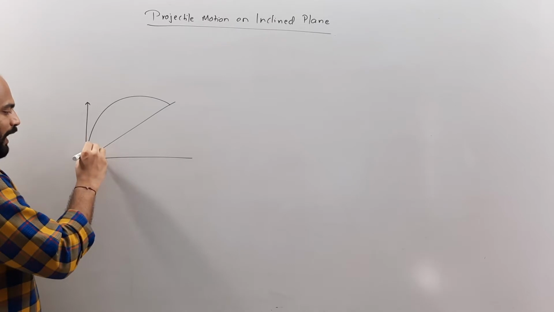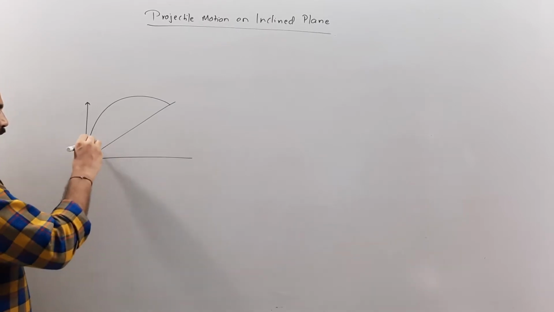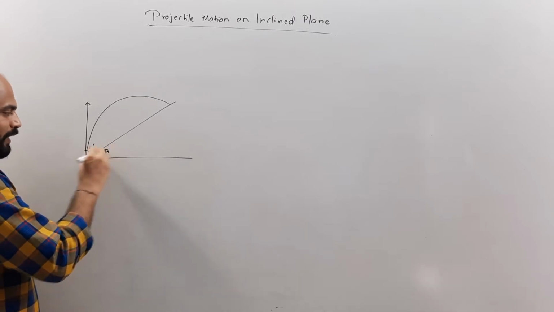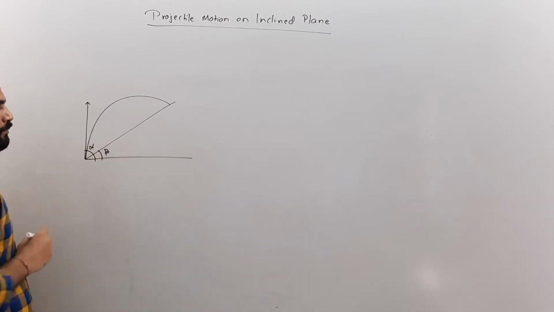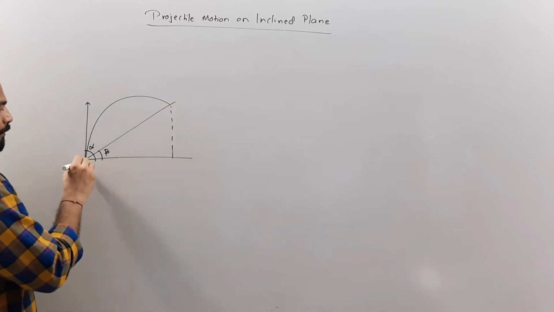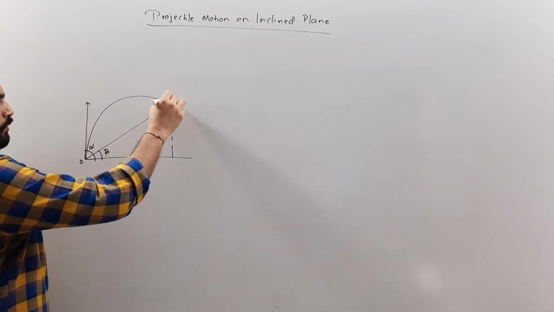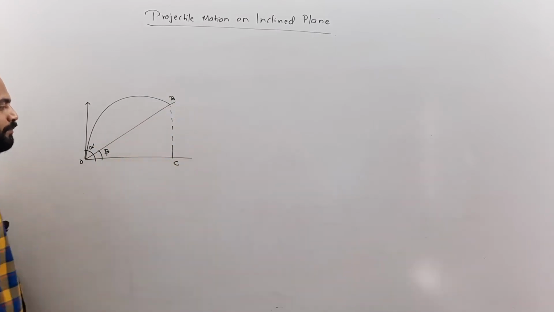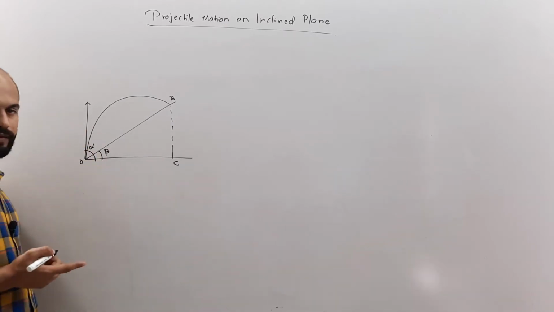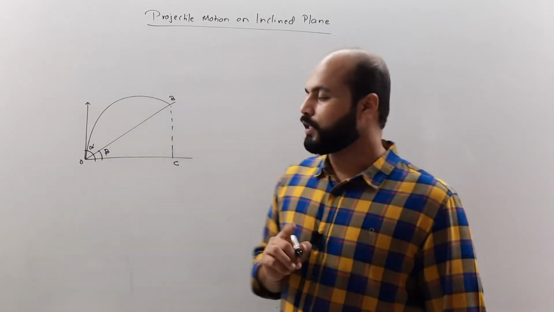And now let us assume a few things. We will say that this angle, the big angle, is alpha, and this small angle over here, let's take it as beta. So these two things are considered. Now what I do is, I'll name them. So we'll name this as O, B, C. And now we will actually find the components. So first we'll apply the condition.